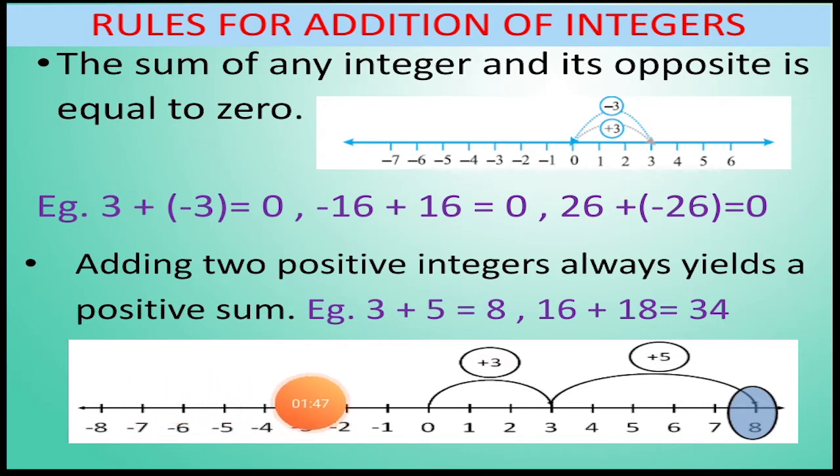Through the help of a number line, we drew a horizontal straight number line and, as we discussed, we marked all the integers. Fine. Then from 0, the first number we have to represent is 3. So from 0 we move to the right direction 3 steps to represent 3. Then next to 3 we have to represent 5. That means in the same direction we keep on taking 5 more steps ahead. Fine. So that takes us to plus 8. So this is how we have got the sum. Fine. That was the next rule.